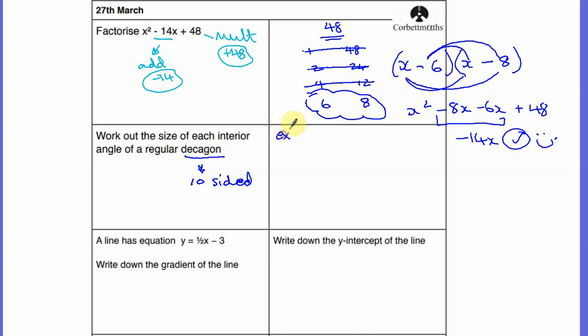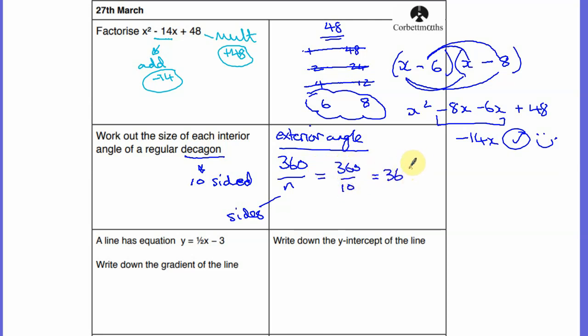We're going to find the exterior angle. It's not asked us to find the exterior angle, but it's easier if we just find the exterior angle. We find the exterior angle by doing 360 divided by n, where n is the amount of sides. So in our case, it's going to be 360 divided by 10, which is 36 degrees. So that's an exterior angle, and we know that the exterior angle